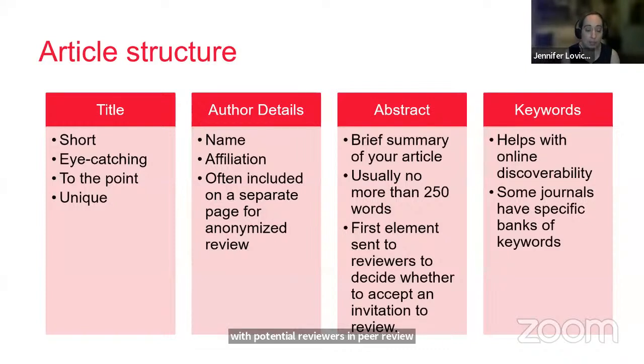If the title and abstract are easy to read and clearly outline what the manuscript is about, reviewers will be more likely to agree to review your manuscript and reduce the time the manuscript spends in peer review. Also, as the abstract is the first introduction the article has once it's published, a really well-written abstract may also increase the likelihood of someone reading it and also citing the article.